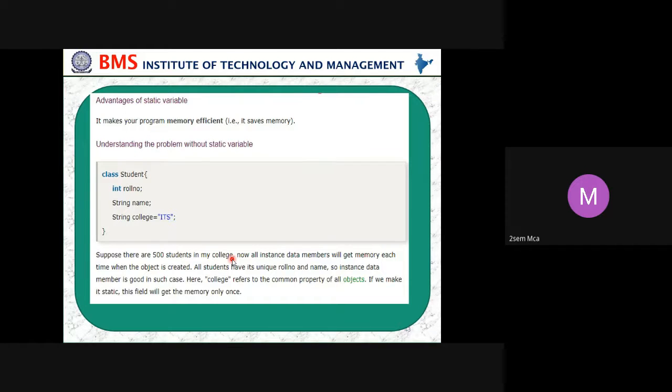If in our college, suppose we assume that there are 500 students, all students have a unique roll number and name, right? Each one of you has a USN number and a roll number. So the instance data member